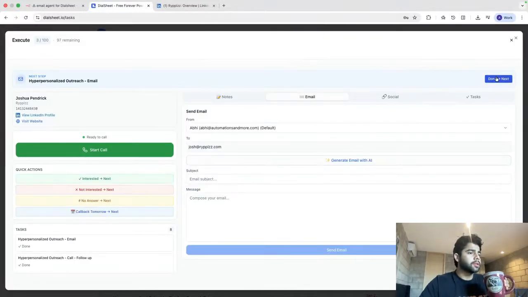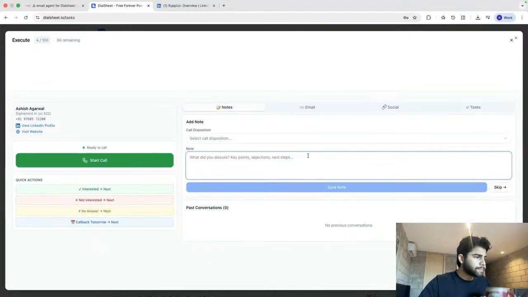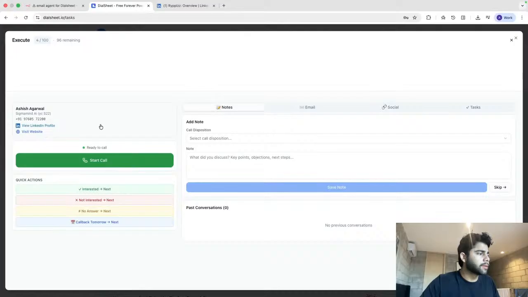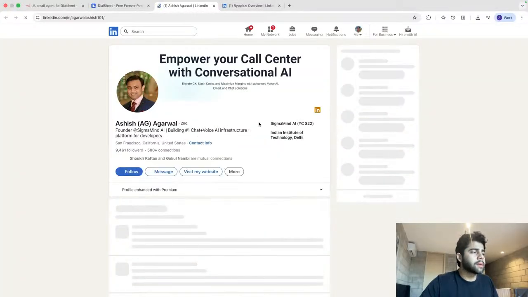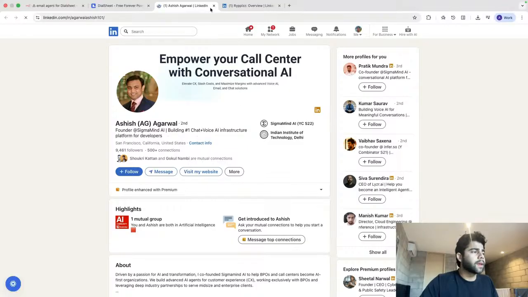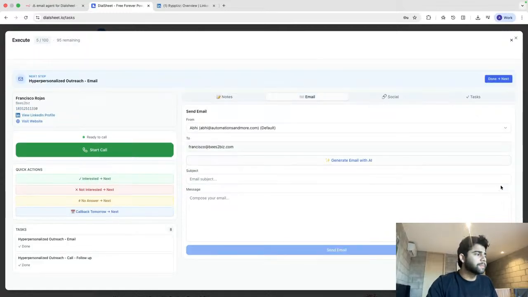And then we just say done, and then next, and we don't have an email for that guy either, so I'm just gonna call him. I don't really want to call him because it's an Indian company, and not that I hate Indian companies, it's just they have all the knowledge and whatever they need. They don't really want to pay me unless they're massive and they need to sell in North America, which is usually the case. But anyways,